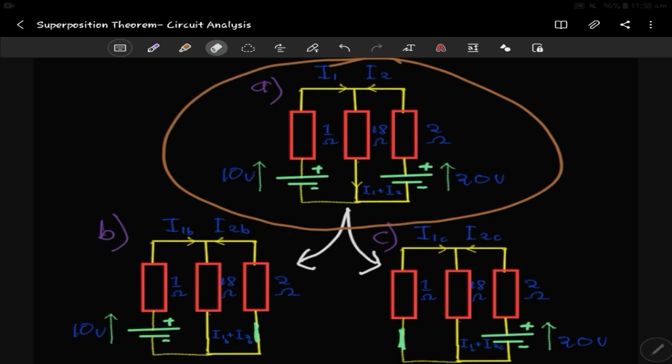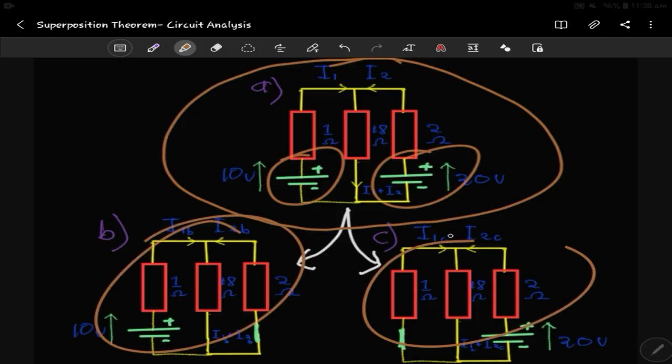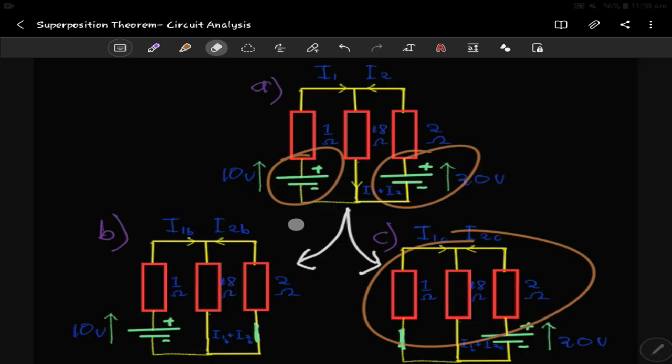So for this circuit here, when we look at it, we have two sources, which is this and then this, right? So what we do is break the original circuit into two circuits, which is this right here and this. And the next thing, after you do this breakdown, is you are supposed to make sure that for a particular case,